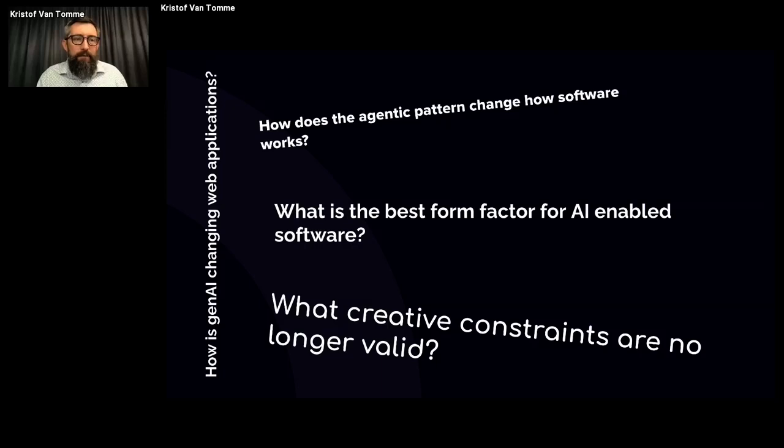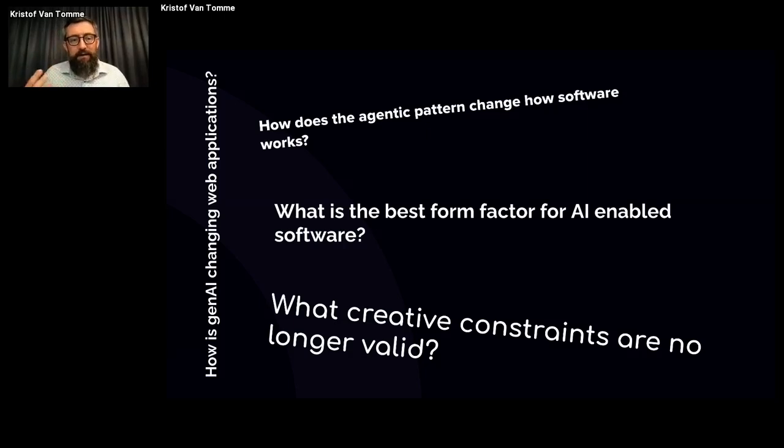And the question that I'm asking myself a lot, and that people are asking me also, is how are developer portals, or web applications more in general, going to change? How do these new agentic patterns change how software works? What are the best form factors for using this new technology?